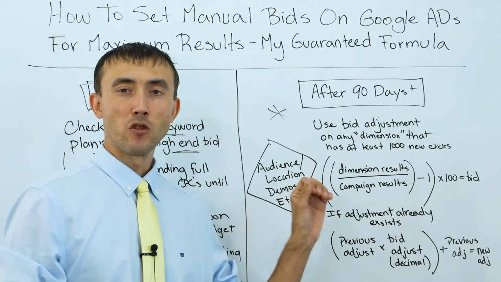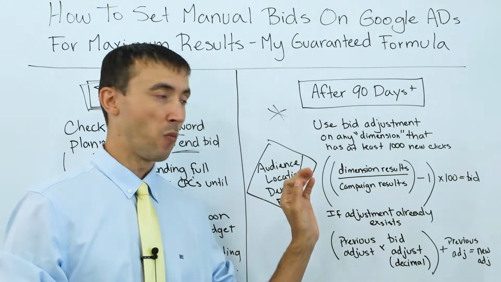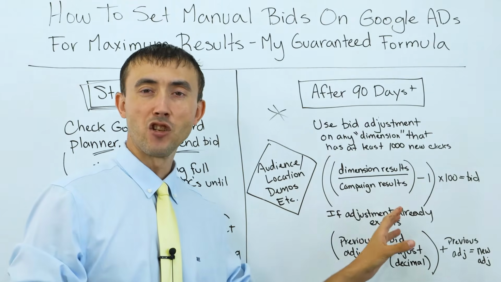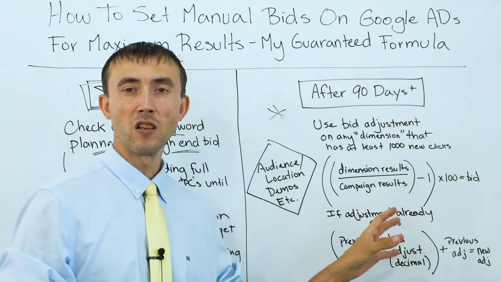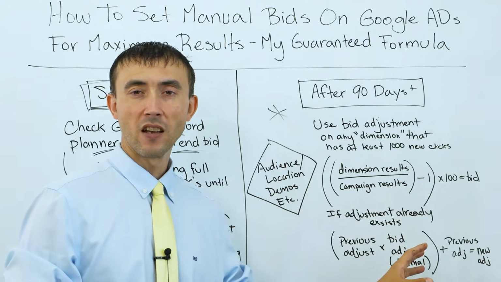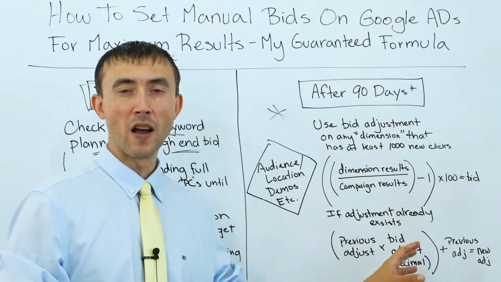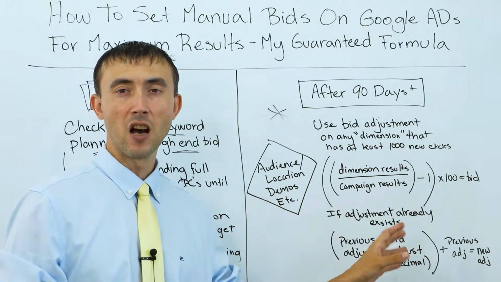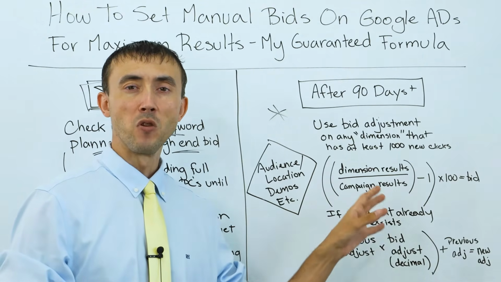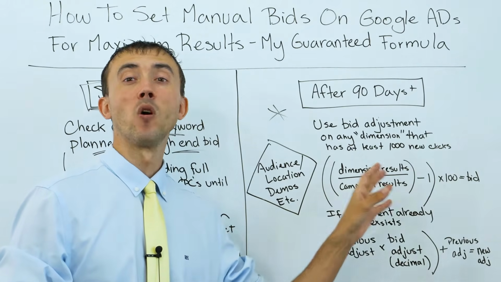Ultimately, I know this sounds tricky. It's not. What I'm about ready to go over here is tricky in terms of being diligent about doing it, because once you start this process and you're not keeping up with it, you're not going to get near the results you would have otherwise. The magic in this strategy I'm about ready to go over in terms of the bid adjustments comes when you diligently, at least let's say once a quarter,